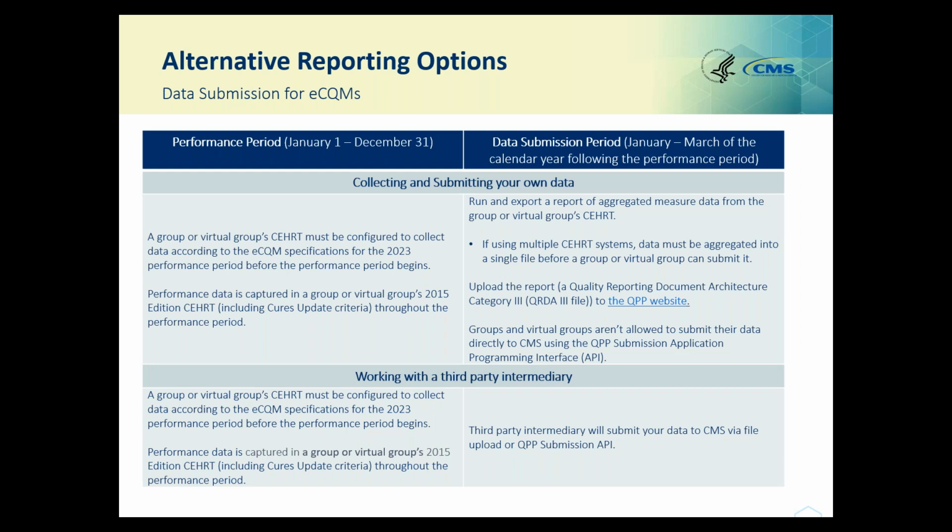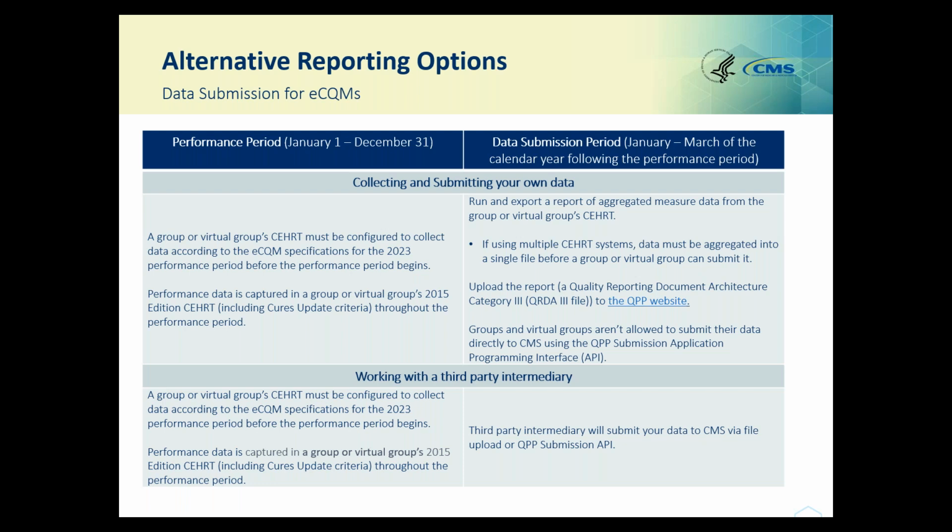So to collect and submit your own data for ECQM, your certified EHR technology, or CEHRT, will need to be configured to collect data according to the ECQM specifications for the 2023 performance period before the performance period begins. Performance data is captured in your group or virtual group's 2015 edition CEHRT, including Cures Update criteria, throughout the performance period. You will run and export a report of aggregated measure data from your group or virtual group CEHRT. If you are using multiple CEHRT systems, data must be aggregated into a single file before you can submit it. Then you will upload the report, which is a Quality Reporting Document Architecture Category 3, or QRDA III, file to the